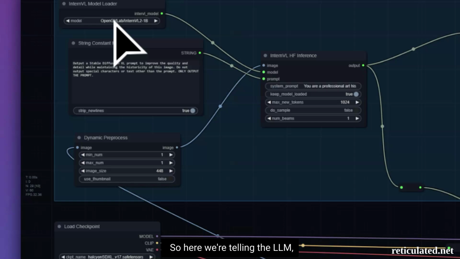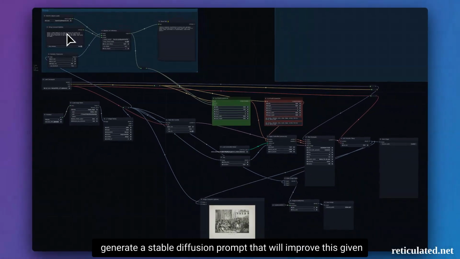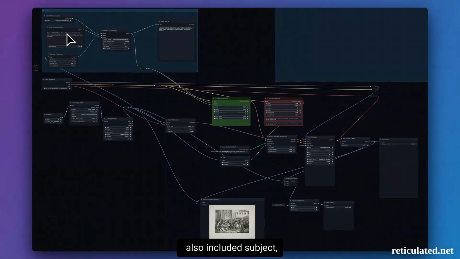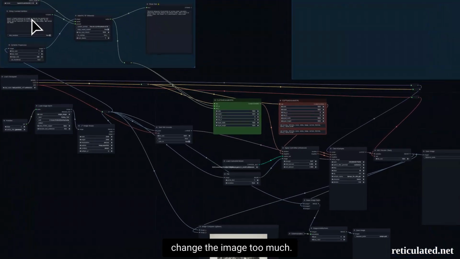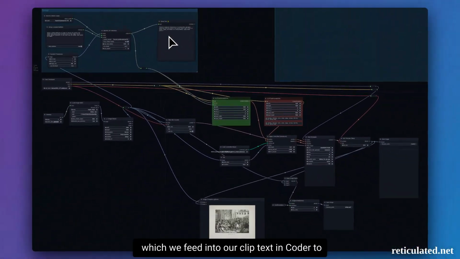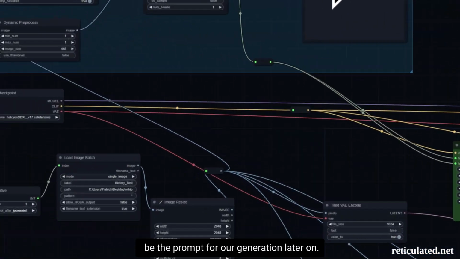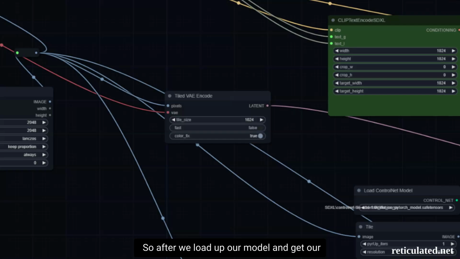So here we're telling the LLM, you're an expert art historian, generate a Stable Diffusion prompt that will improve this given image, also include its subject, but make sure to not generate a prompt that'll change the image too much. So that ends up generating an output, which we feed into our CLIP text encoder to be the prompt for our generation later on. So after we load up our model and get our